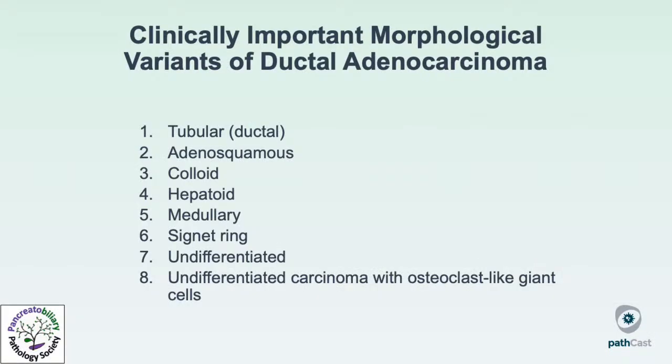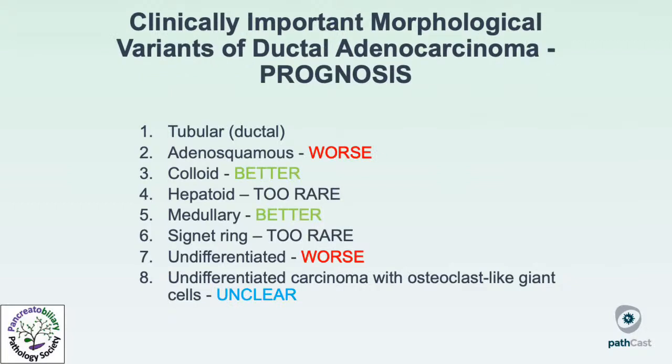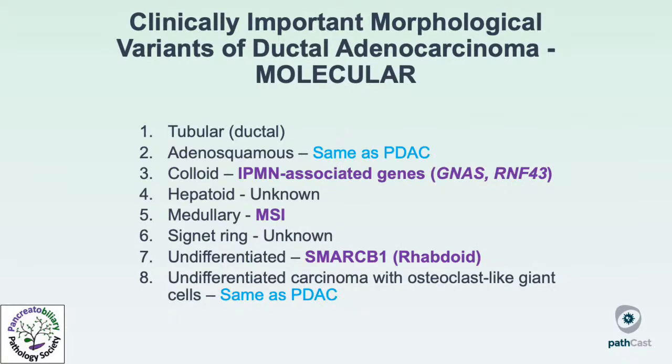So throughout this talk, we've gone through many of the clinically important morphological variants of ductal adenocarcinoma. These impact prognosis, with adenosquamous carcinoma and undifferentiated carcinomas doing worse than typical PDACs, colloid and medullary carcinomas doing better in prognosis, and then with undifferentiated carcinoma with osteoclast-like giant cells, it's still really unclear what the prognostic implications of this subtype are. And then finally, there are some molecular differences. Somewhat surprisingly, adenosquamous carcinoma and undifferentiated carcinoma